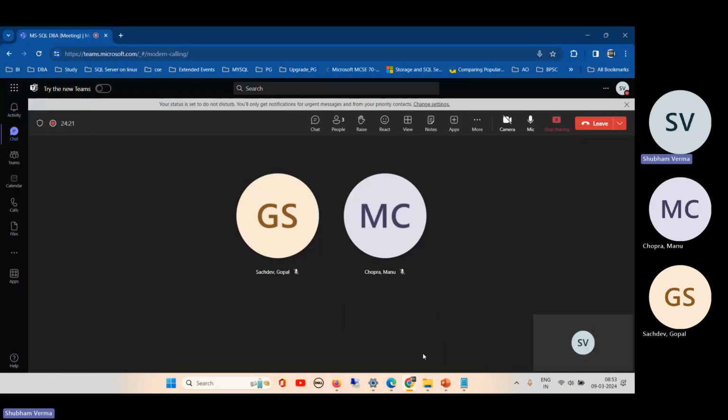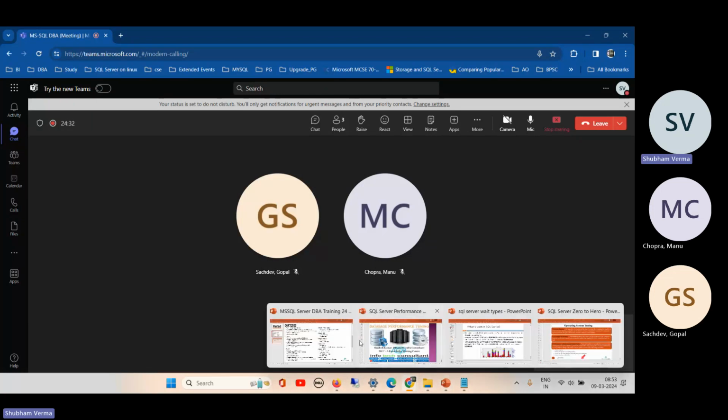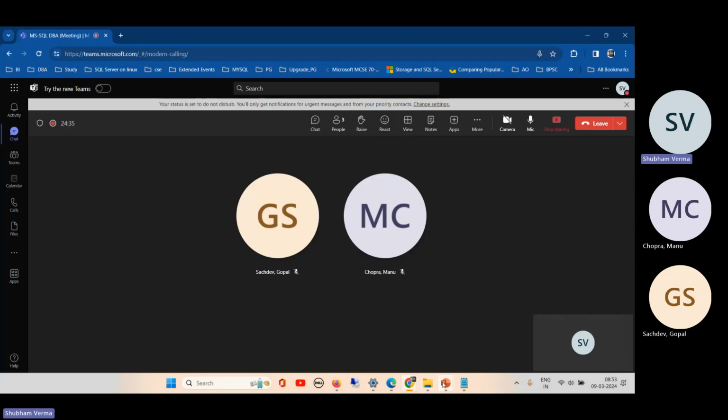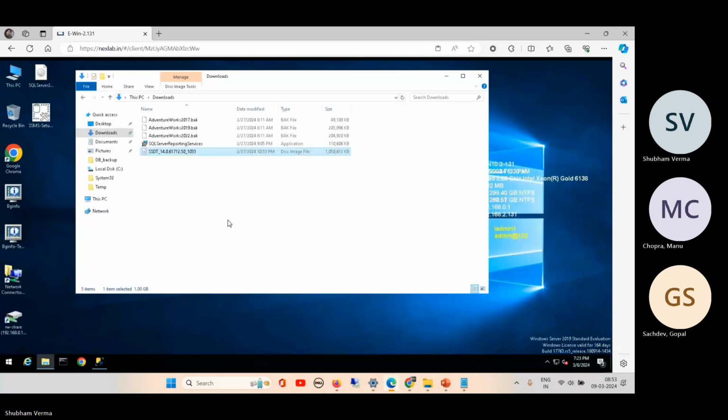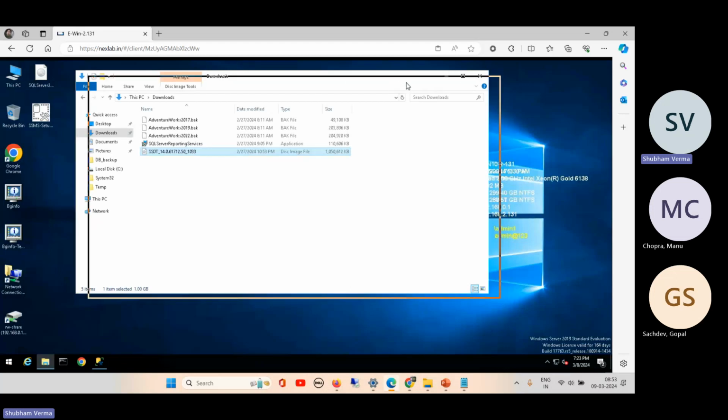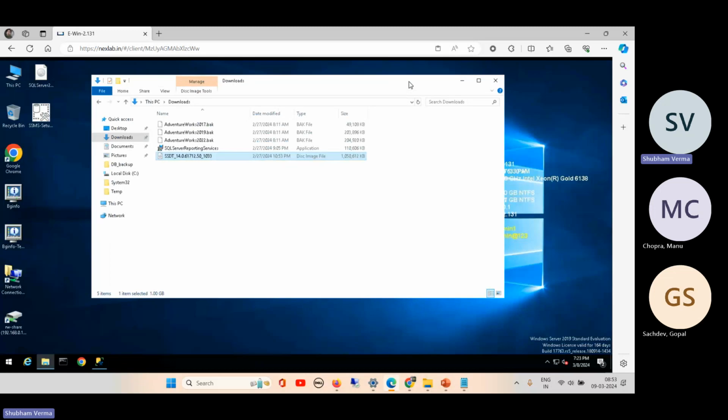Okay, and today we will see basic performance tuning, reporting, and SSIS packages basically. Okay. The pending topics. Okay. Let's see the system first. So this is a server, and on this we need SSDT for designing and creating reports and SSIS